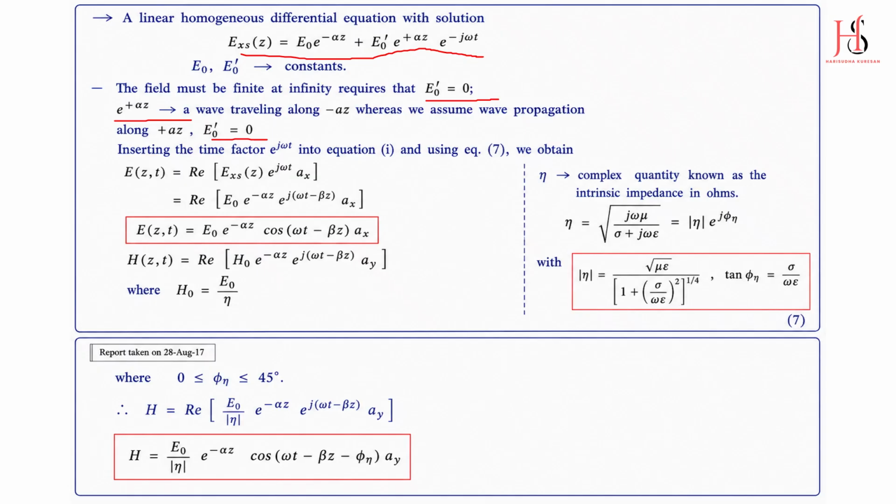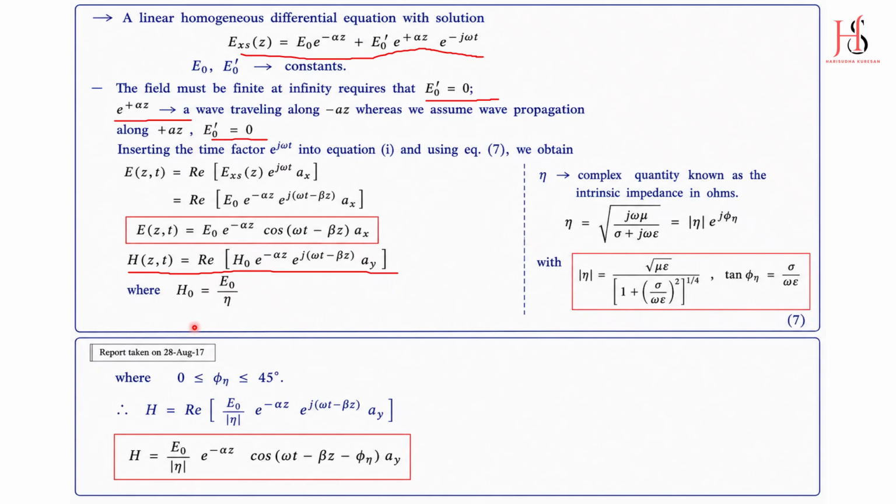Instead of e to the power of j omega t, we will have e to the power of j(omega t minus beta z). Therefore E(z,t) can be written as E naught e to the power of minus αz cos(omega t minus βz) times the ax unit vector. When you can write for the electric field, you can also write for the magnetic field. So H(z,t) can be written as the real part of H naught e to the power of minus αz e to the power of j(omega t minus beta z) times the ay unit vector,